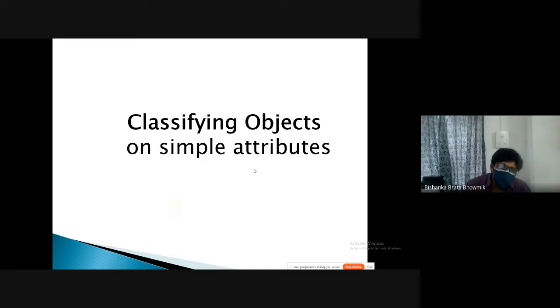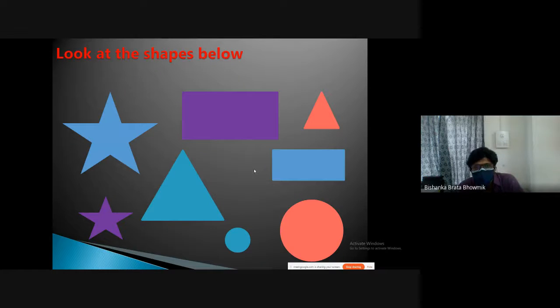So this type of data or information they should collect or be able to grasp from the picture. Okay. Now we're going to see the classification of objects on simple attributes. Now this class is basically for standard 2. Earlier, what we talked about was very playful, and that was class 1. Now we're going to a little bit higher difficulty level, right?